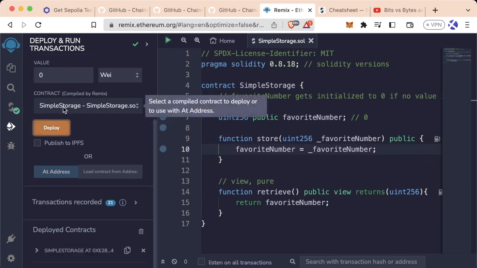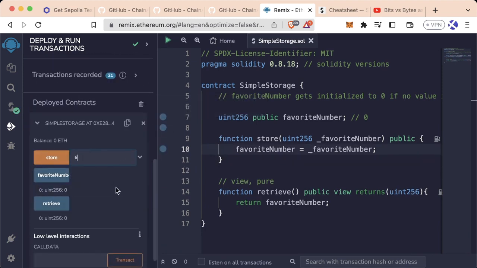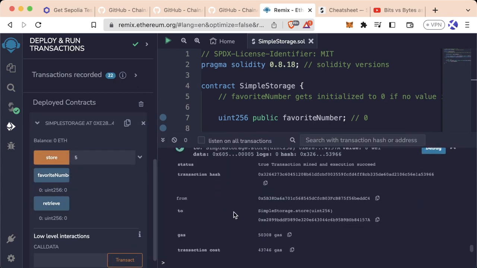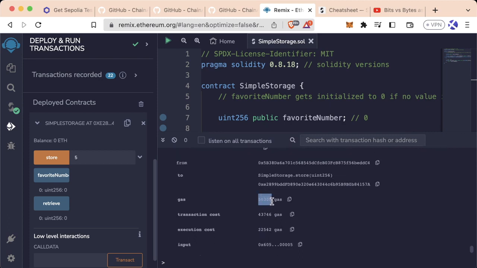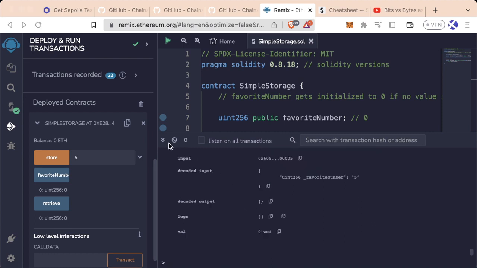Let's compile, we'll hit deploy, simple storage. These are both 0. We'll add 5, hit store, pull up the terminal, hit the dropdown, look at gas. It's still 50,000, but it's actually a little bit less than before. Although I'm pointing at gas, we really should be looking at transaction cost because gas is really just how much we're sending, whereas transaction cost is how much gas the transaction actually cost. But in any case, it was a little bit less